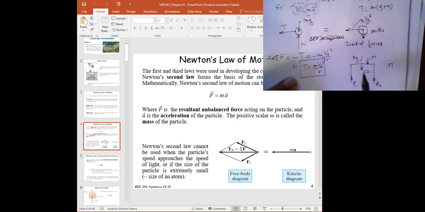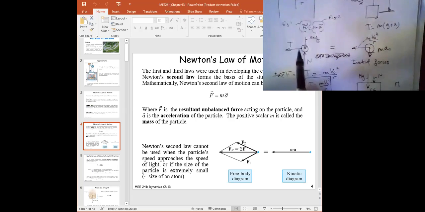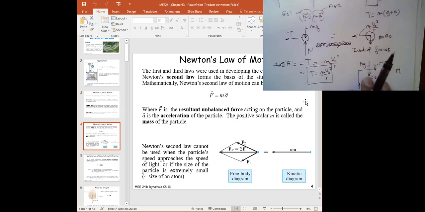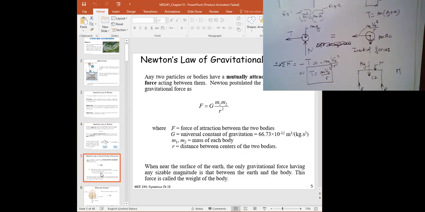So this is a free body diagram on a table, right? And this is a free body diagram on the ball. Okay, I can't wait, we have to move forward. You know what I'm saying? Try to watch this. If you don't understand it, just let me know, and I'd be happy to discuss more. Okay, so this force here is an